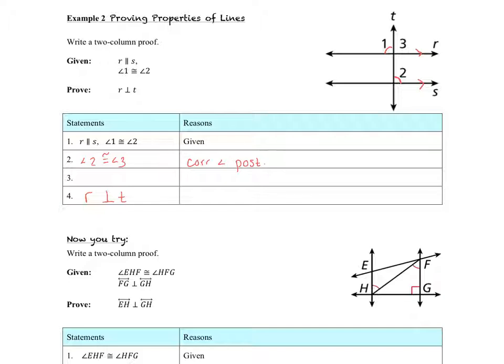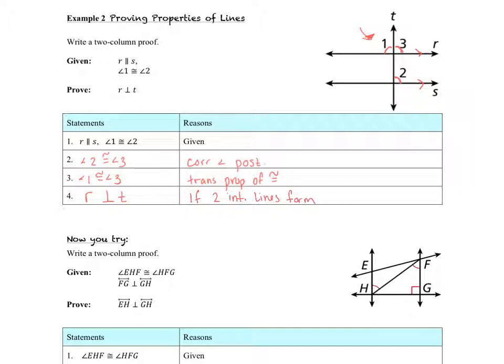Now, if angle 1 is congruent to angle 2 and angle 2 is congruent to angle 3, then I know that angle 1 is congruent to angle 3 by the transitive property of congruence. And if angle 1 is congruent to angle 3, then these must be right angles because this is a linear pair. So remember, there was a theorem that said